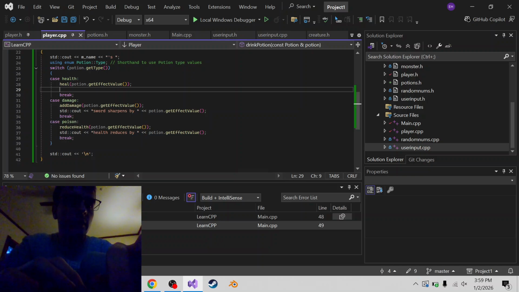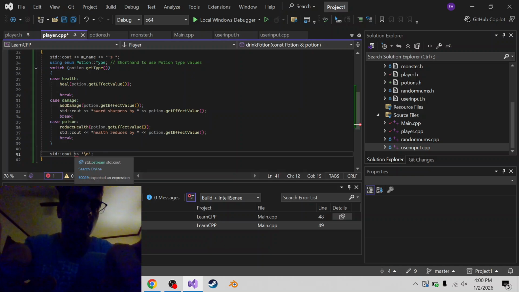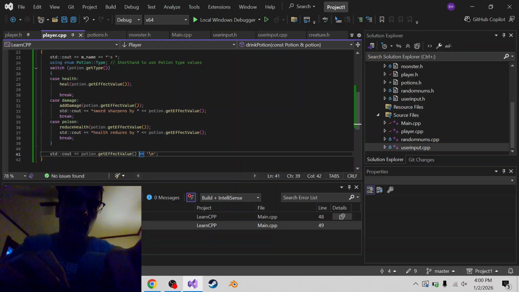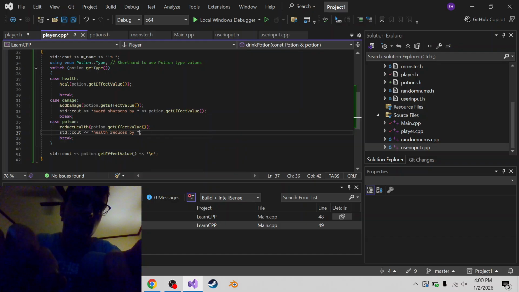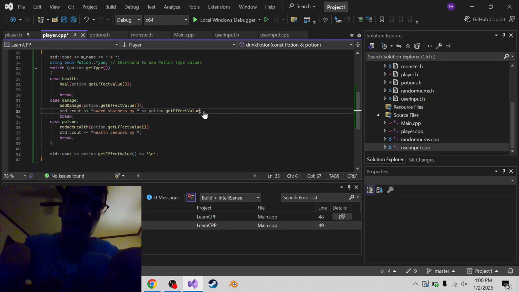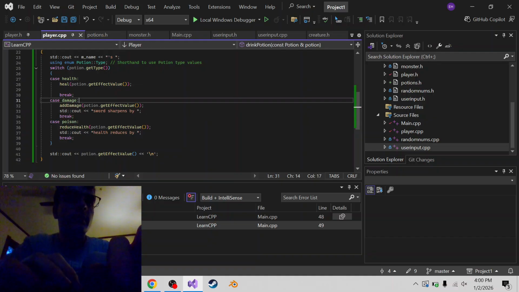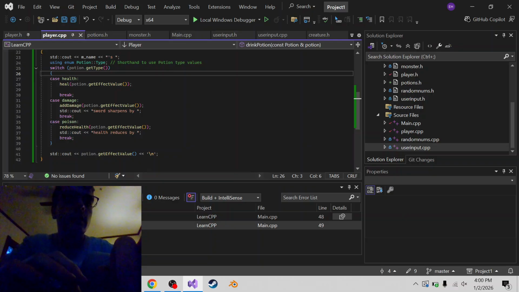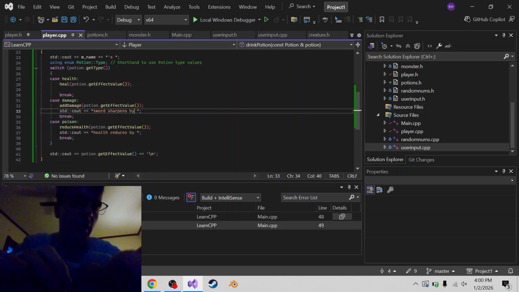And okay, so I can also chop this. Ethan's sword sharpens by 5,